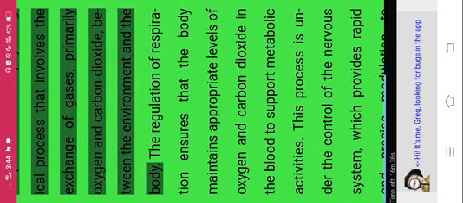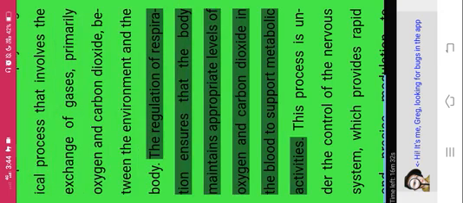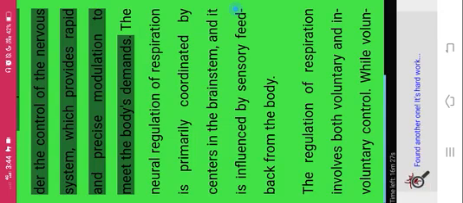Respiration is a vital physiological process that involves the exchange of gases, primarily oxygen and carbon dioxide, between the environment and the body. The regulation of respiration ensures that the body maintains appropriate levels of oxygen and carbon dioxide in the blood to support metabolic activities. This process is under the control of the nervous system, which provides rapid and precise modulation to meet the body's